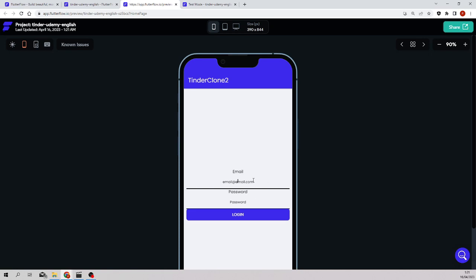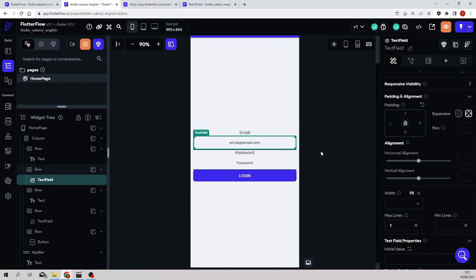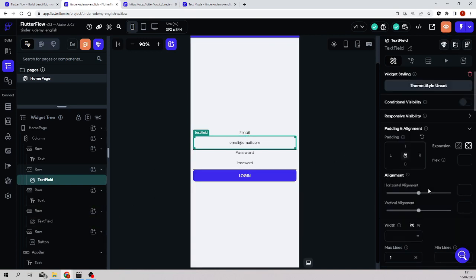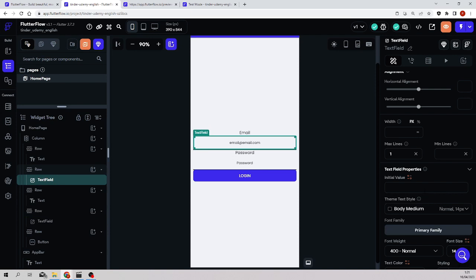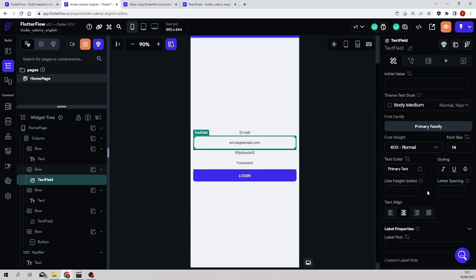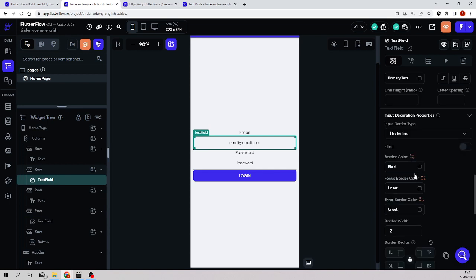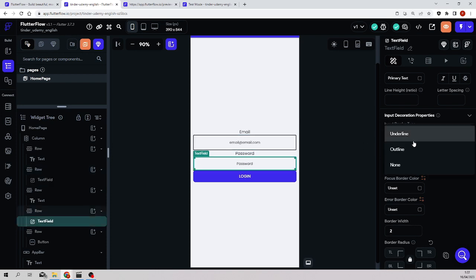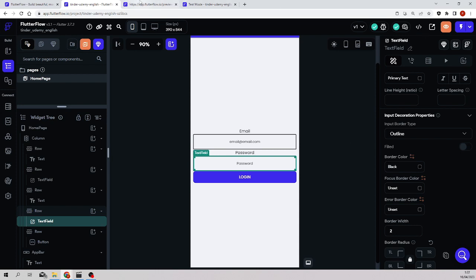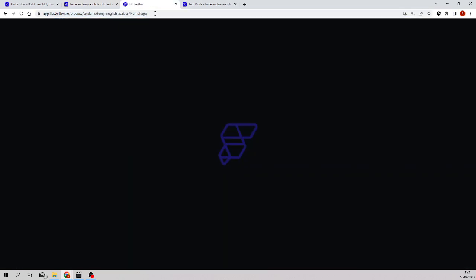The borders are applying only to the bottom. Let's see why. The borders of the text fields are only applying to the bottom, and that's because of the input decoration properties: underline, no. Outline, and this text field also we put it as outline. If I take a look at it again,